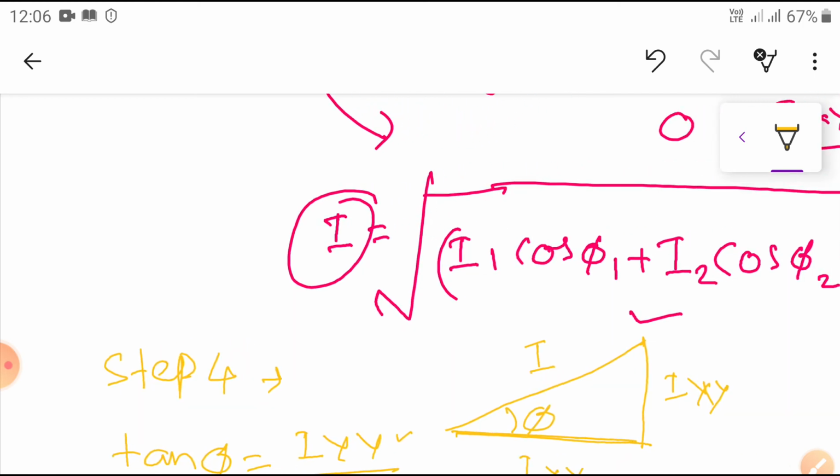First step, whatever the values, you calculate the branch currents. Second step, draw the vector diagram based on the first step. And third step, based on the second step, resolve the components in the vector diagram or phasor diagram into x components and y components. From this one, you find the current. And fourth step, find the power factor and phase angle. Okay. So these are the steps involved in the vector method. So this is a very easy method.